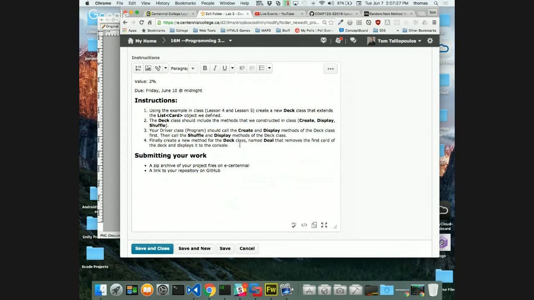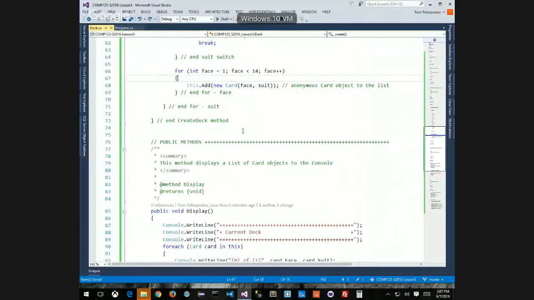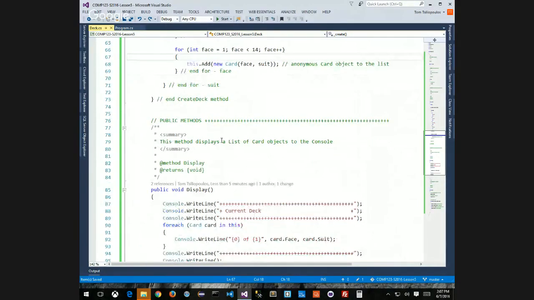I could be mean and tell you to do it yourself, but I think it's better if we try and start it today and do it on your own later, right? Okay, I need a new public method called deal, right? So deck, deal the deck, deal a card off the deck, or pick a card would be another way to do it as well. When I deal one card or pick a card, or whatever you want to call it,